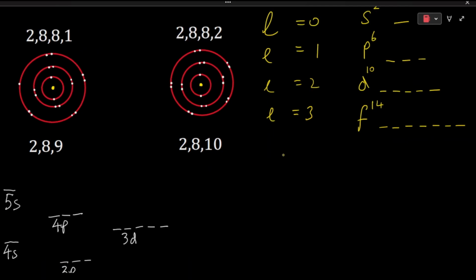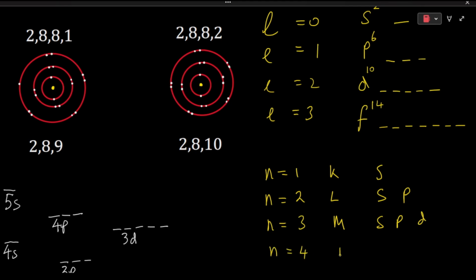Now, each principal quantum energy shell relates to one or more sub-energy shells. The first shell, also known as the K shell, has one sub-energy shell, the s orbital. The second shell, which is also known as the L shell, has two orbitals. The third, known as the M shell, has three orbitals. The fourth energy shell, known as the N shell, has four